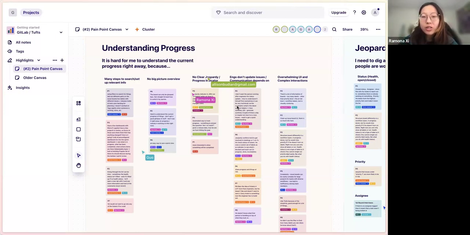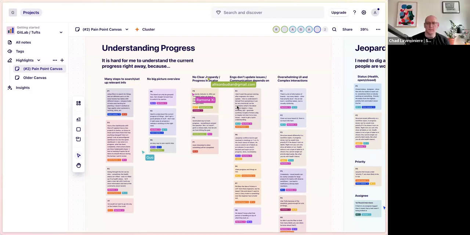And throughout the interviews, it's a recurring issue that people said. And then my second choice is no clear jeopardy and progress indicator. Partially also because of the UI layouts and the clutter of labels, lots of people cannot recognize or extract the important information. And I think from my last two interviews, people did say that they would like to see a bigger picture, or just visual indicators on progress.